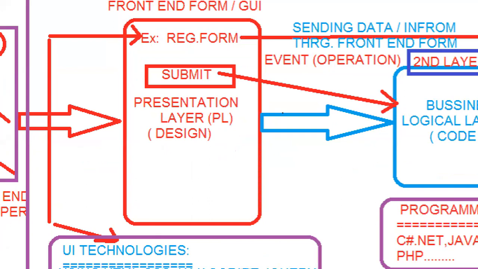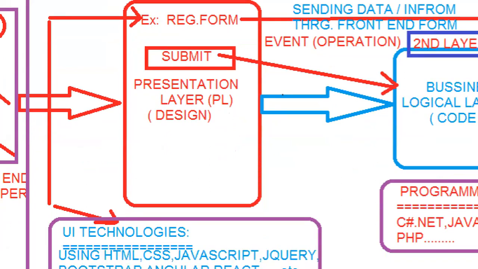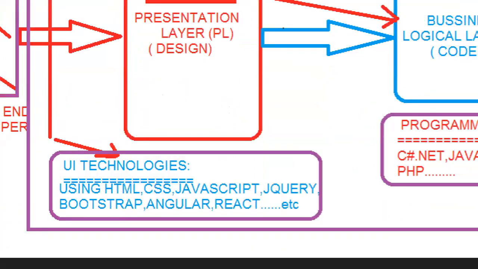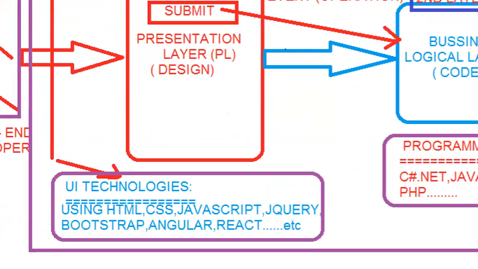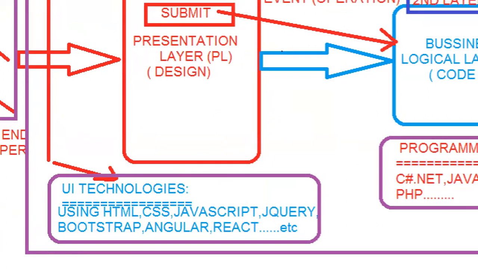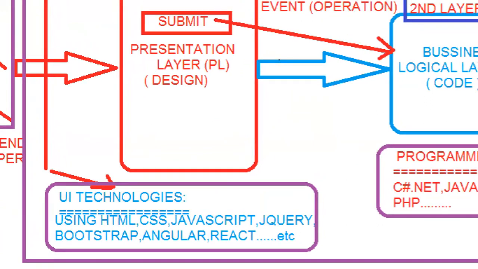For the designing phase, we are using UI technologies. Nowadays you learn HTML, CSS, JavaScript, jQuery, Bootstrap, Angular, React, React.js. So many UI technologies have come out in the market. Once you have good knowledge of these,